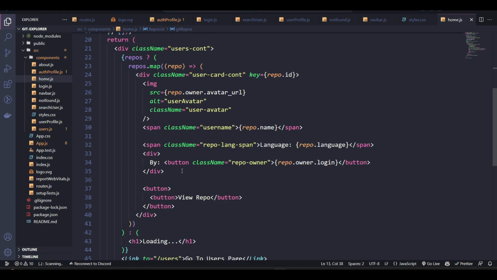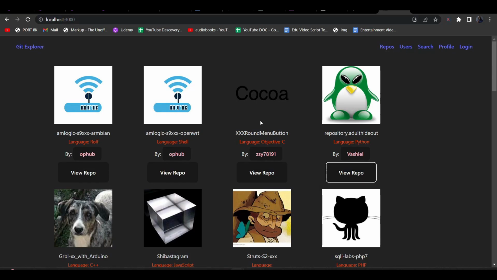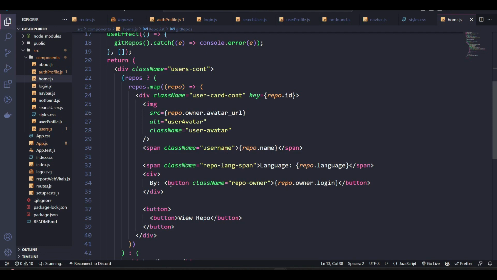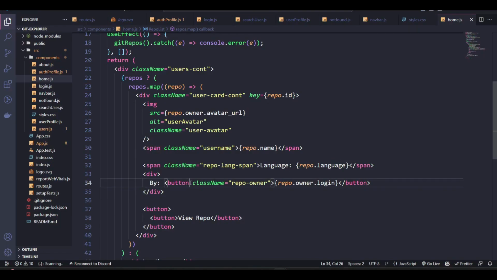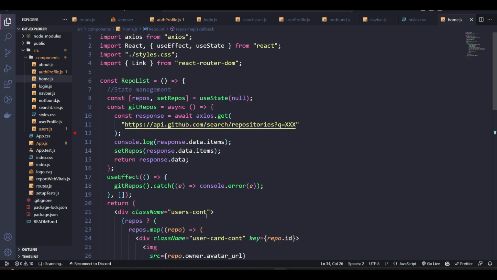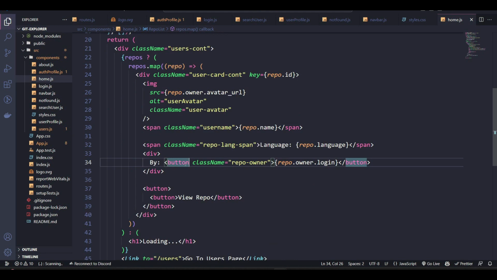So if we go back to the home.js, first of all, we need to tackle this user button here to take us to the user details page. All right, that should be this. So this button, we simply need to turn it. Should we turn it into a link, or should we just use a navigate function here? Let's try turning this to a link first and see how it looks. So we're just gonna say to, and that should go to